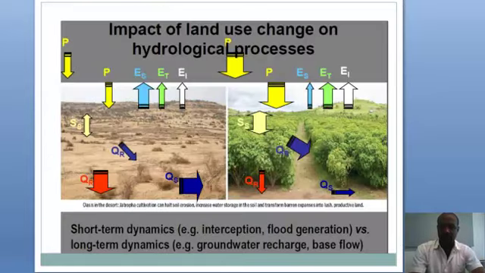for later use. So this runoff basically could be affected by climate change impact, but very importantly by the impact of land use. Land use could affect each component of the hydrological process, like evaporation, transpiration, and also the surface runoff.